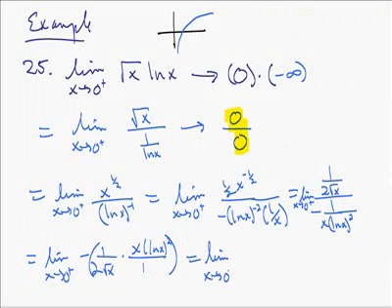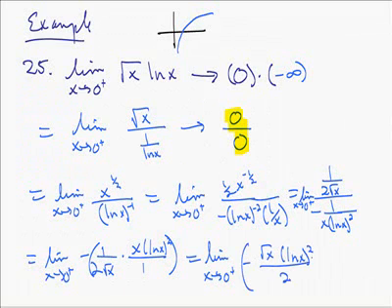We can say this is a limit as x approaches 0. I could take x divided by the square root of x, which will leave me the square root of x on top, times the natural log of x squared over 2, the negative of all that. This really hasn't got me very far at all. I still have a 0 here times a negative infinity, and I'm back to that indeterminate form. So that happens sometimes. Sometimes you try one thing and it doesn't work out, or at least it doesn't work out as easily. So I'm going to do this again, this same problem, only I'm going to switch it